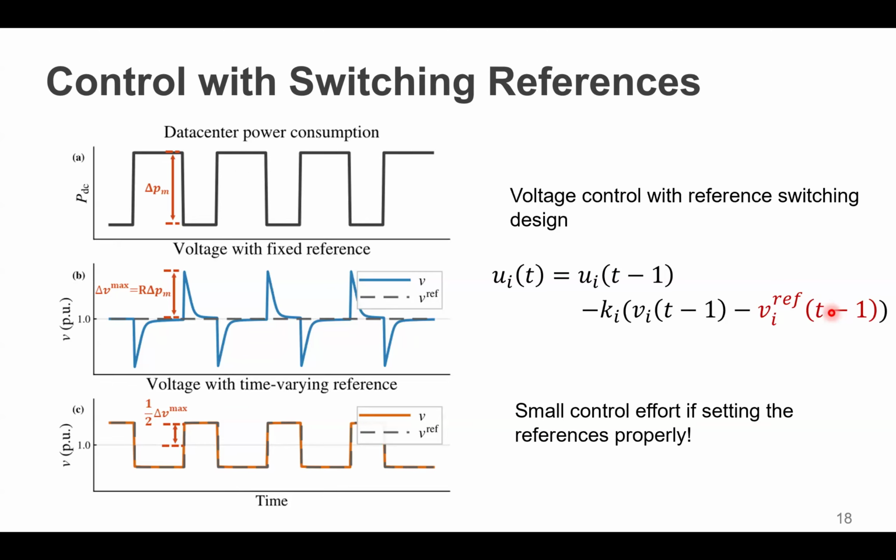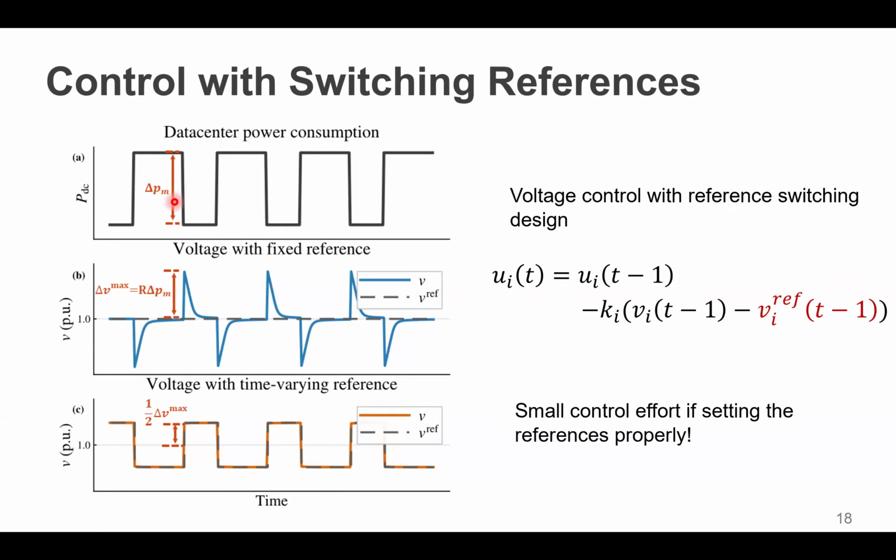And the key idea is that we cannot change how large the voltage shift is, resulting from the step power changes. But through changing the reference, we can control the starting point from when the voltage starts to change. For example, when that is in the training phase, that results in the voltage drop. So instead of setting the voltage reference to 1, we set it to be half of the largest voltage step changes resulting from the power changes.